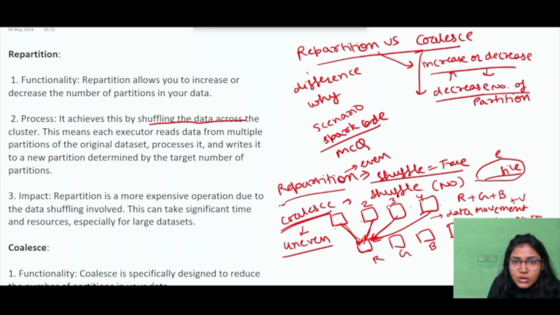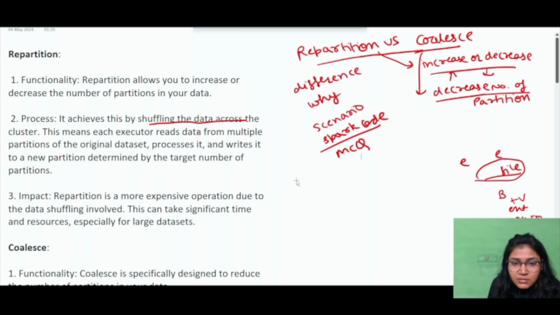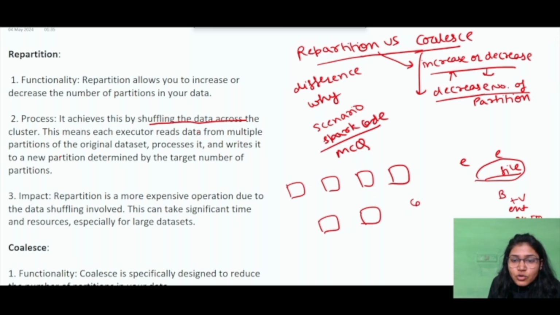But in case of say this coalesce, right? Let's study how it can cause uneven distribution of data, right? So say we have again this example. So say we have again these 4 partitions, and I say I want to reduce the number of partitions to 2. And I wanted to use coalesce for that, right? So what can happen, right? So maybe the data set from these 2 partitions will move in here, and from these 2 will move here, right? So what is happening here? Say this data set is huge here.